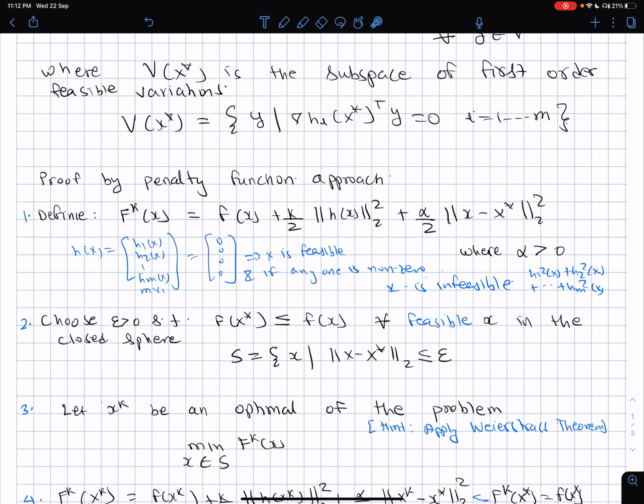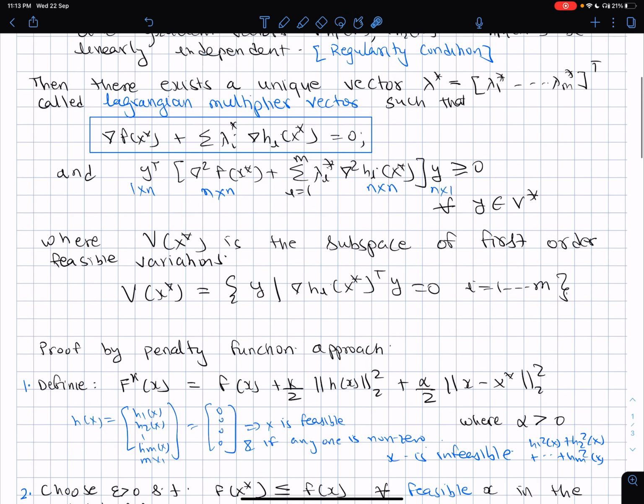Straight away implementation can be difficult because it can create numerical stability issues, but that's not the point we are looking into right now. We are only looking at the power of penalty function approaches in proving our work. But algorithms are also built around this idea, though you have to be careful about your choice of penalty. Now there is a third term which I have put in here, and this proof is based upon the proof from Bertsekas's book.